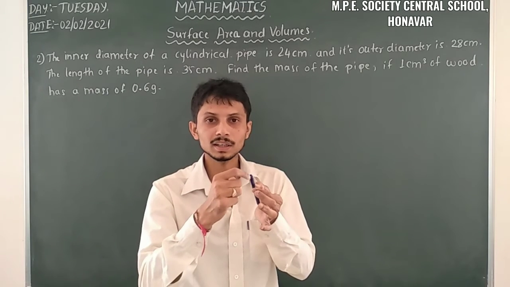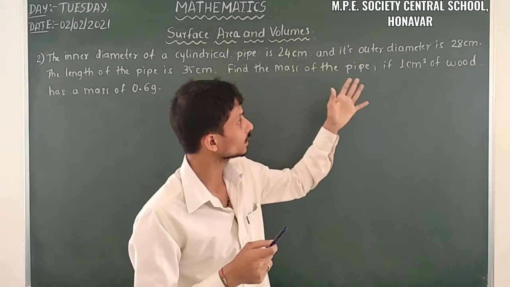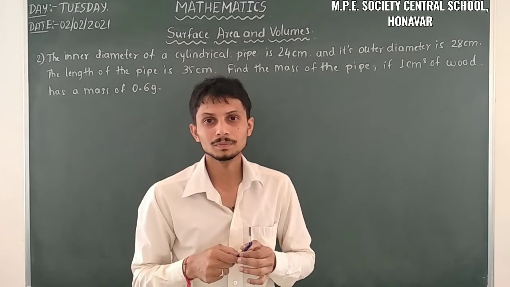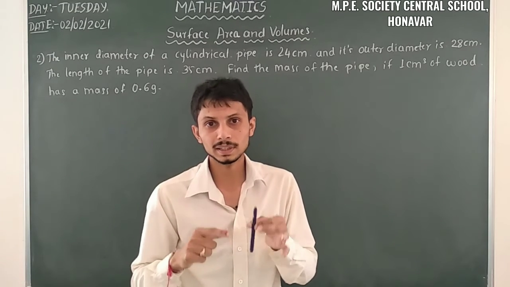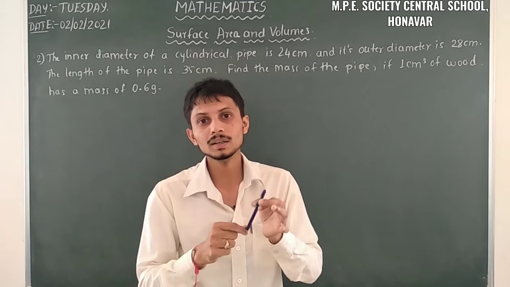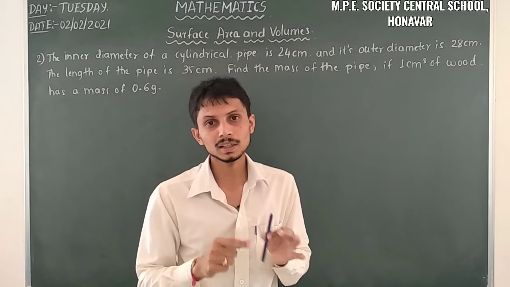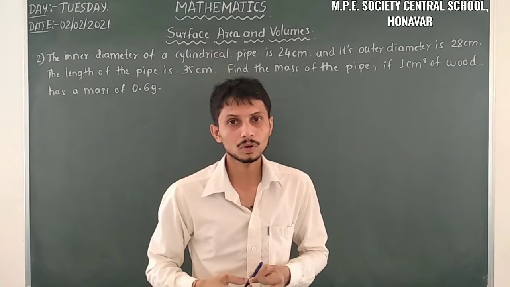And here we have the inner diameter and the outer diameter based on the thickness. That is, thickness is nothing but, here just observe, 28 and 4 centimeter thickness we have. So apart from the thickness, we have to take the volume only, that is, the volume of this wood part, that is, volume of this plastic part, that one we have to find. So there are two diameters, that one we have to convert in the form of a radius. Then we have to move on to the next part.